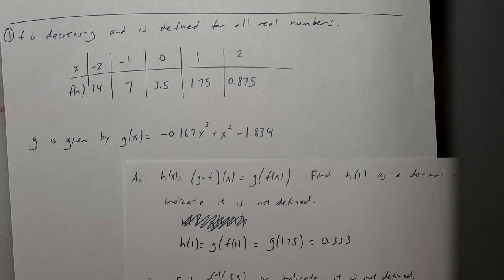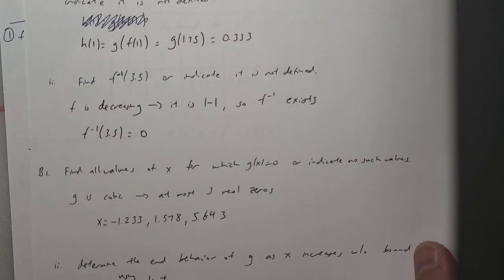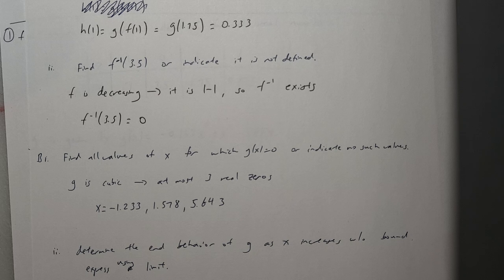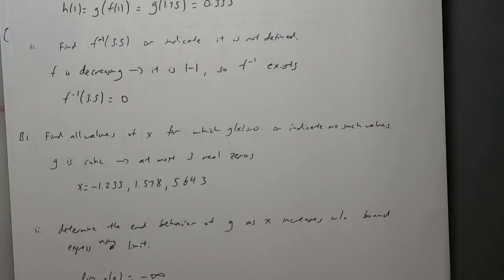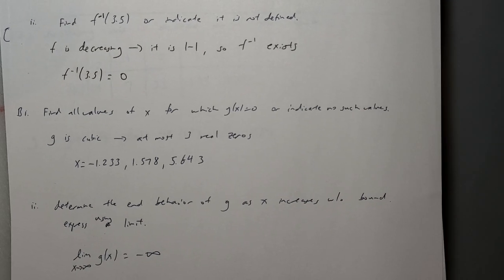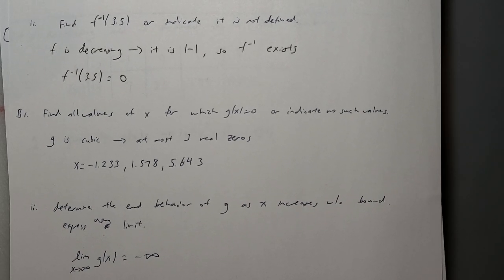So don't be surprised. In this case, they were 3 real, okay? But in general, don't be surprised at this one because it could be 2 complex. You just won't be able to see it on the real axis, okay? So here they are. Now, part 2, determine the end behavior of g as x increases without bound, expressed using a